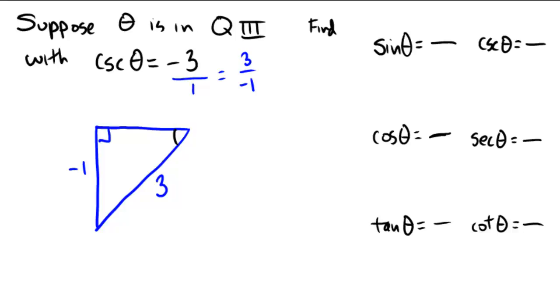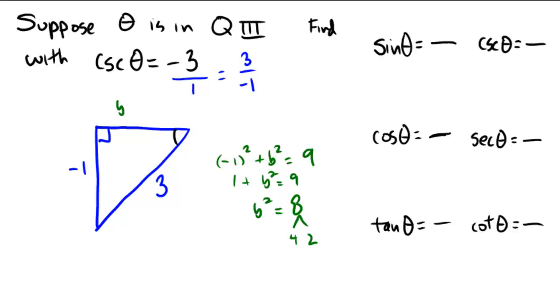Okay, what's that missing side? What's my b? Well, a squared, -1 squared, plus b squared must be equal to 3 squared, which is 9. So 1 plus b squared equals 9, and b squared must be equal to 8. So b is going to be, let's see, 8 factors into a 4 and a 2. So I'm going to call this 2 radical 2. But be careful, we are in quadrant 3. So since we're in quadrant 3, b is going to be a -2 rad 2 because it had to be